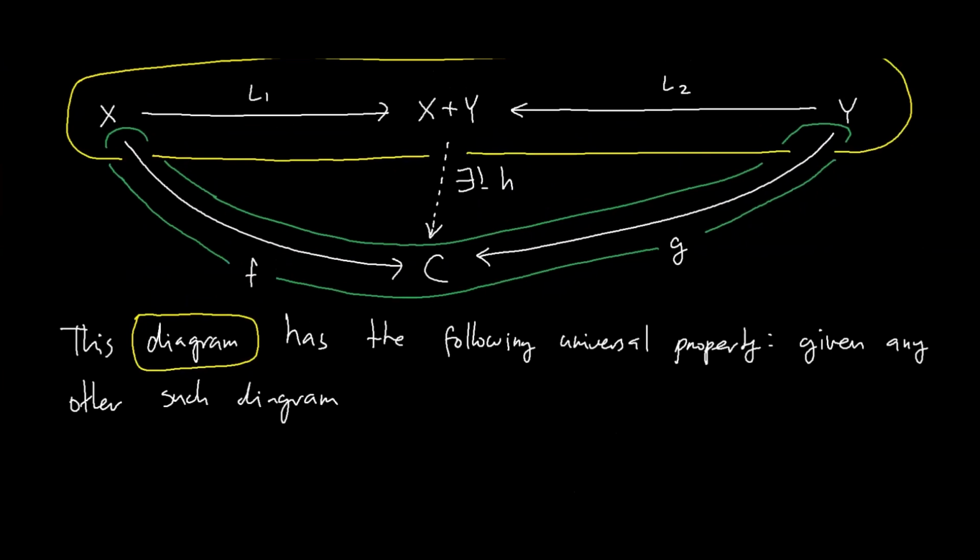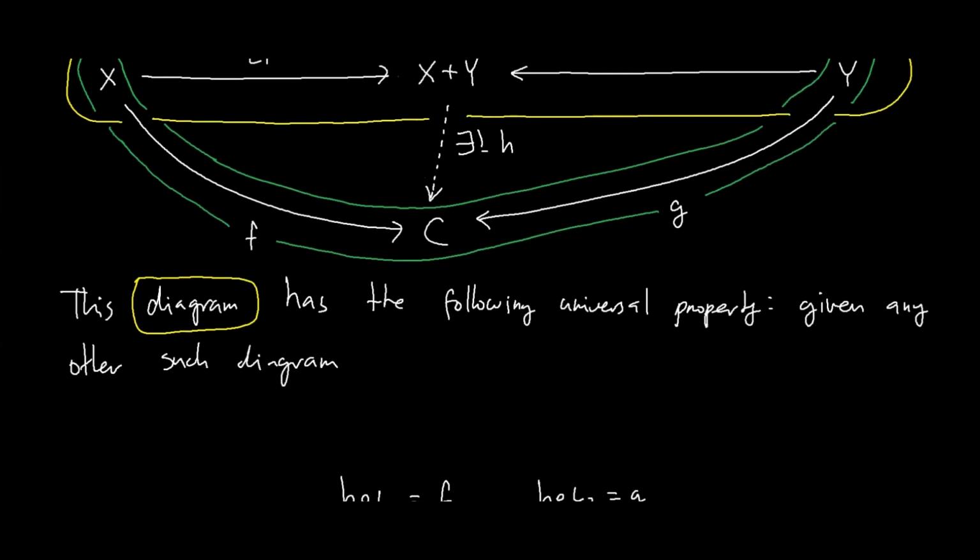In fact, I want these green enclosures to also contain X and Y, so that the green diagram really looks very similar to the yellow one. Okay, given any other such diagram, and here on the picture we mean the green one, so this could be an arbitrary diagram, there exists exactly one